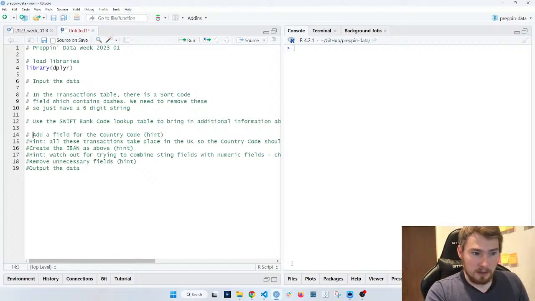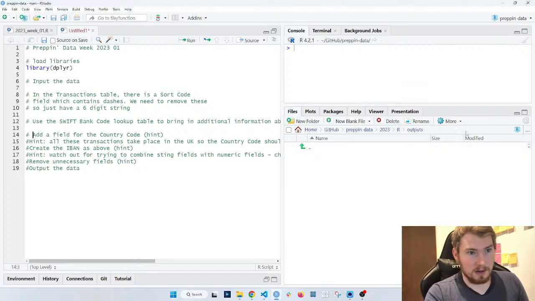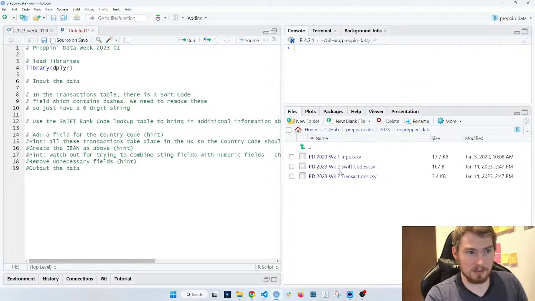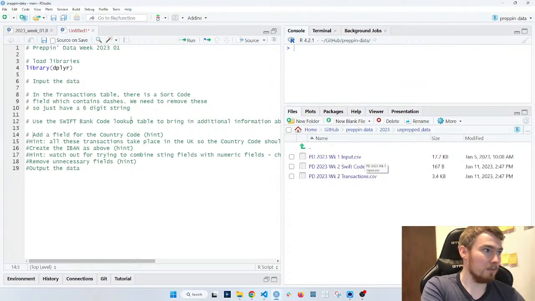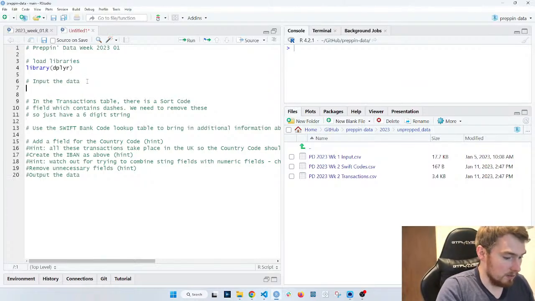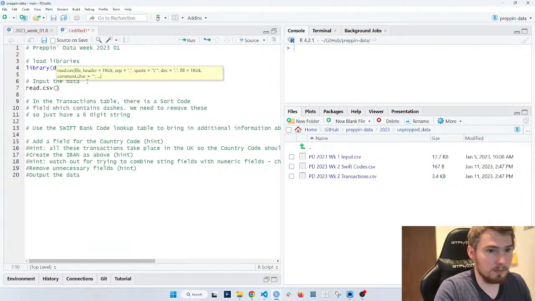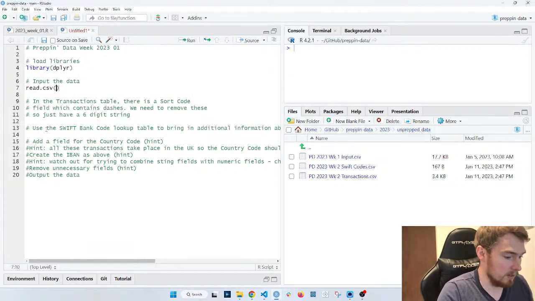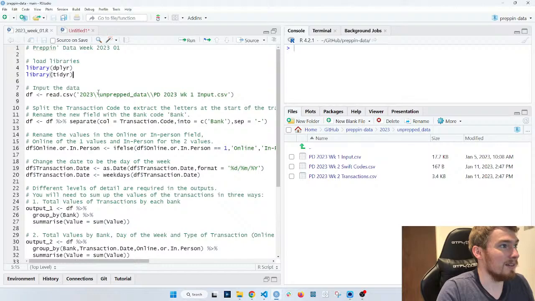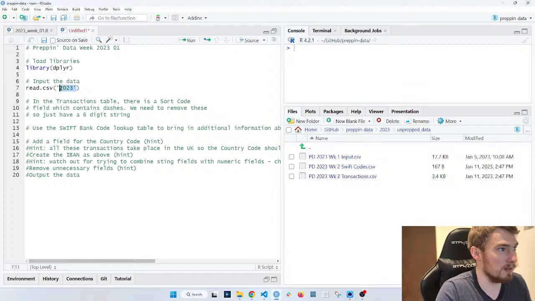So if I look under here, this is where I have my files. I'm not looking for outputs in this case. I want to see my unprepped data. So I've got those here, and I can see those in my R terminal. I'm going to go read CSV, and I'm going to pick those files. Actually, let's copy from last time, save ourselves a bit of time.